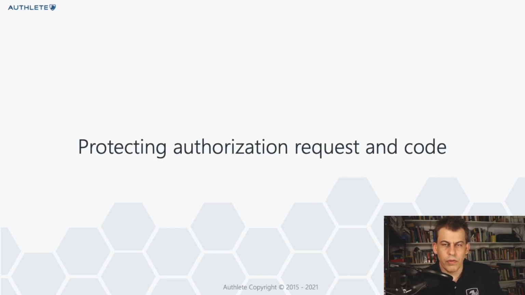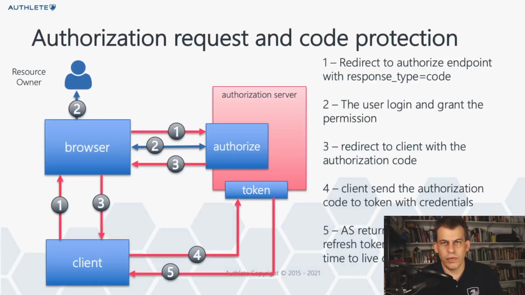So now we're going to start drilling down into the more technical security aspects of OAuth. The first is around the authorization request and code flow. If you look again at this flow, if you haven't seen it, check out the card again. This is the authorization code flow sequence diagram, and here you can see that the authorization request goes through the browser, and the authorization code gets back to the client via the browser as well. So everything goes through the browser, and that is a point where the attacker can try to take advantage